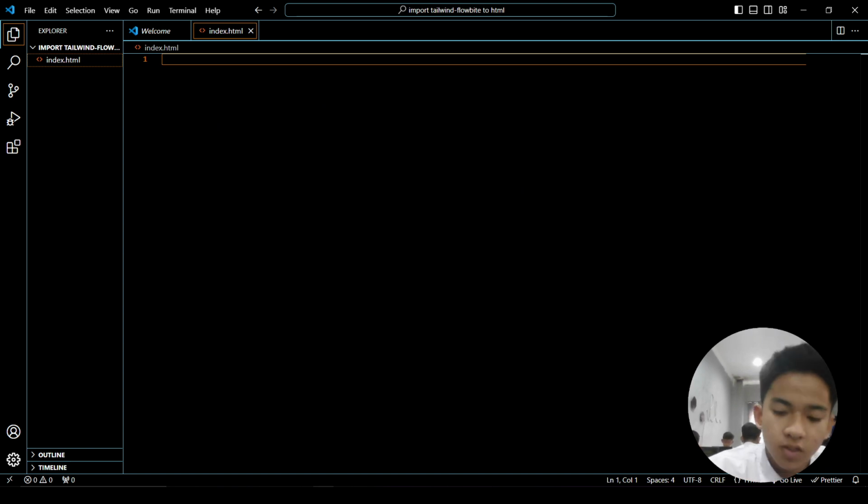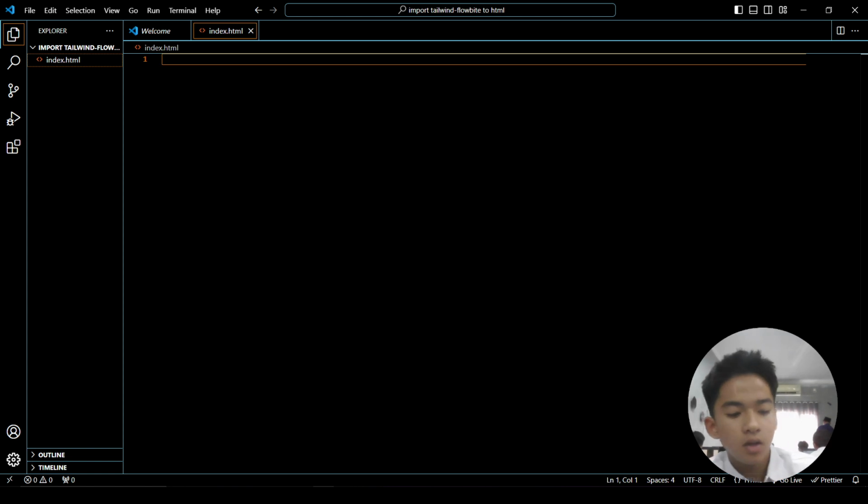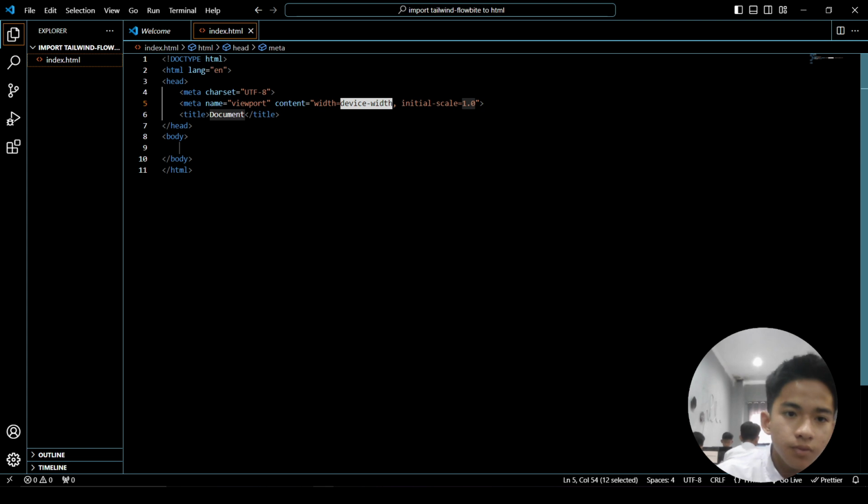Index basically means the home page, and HTML is where you code the structure of your website. And you can just click Shift 1, then enter. And then once you're done doing that,